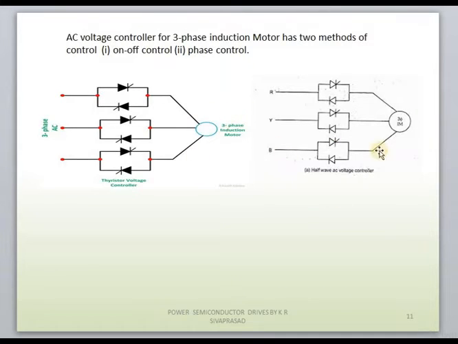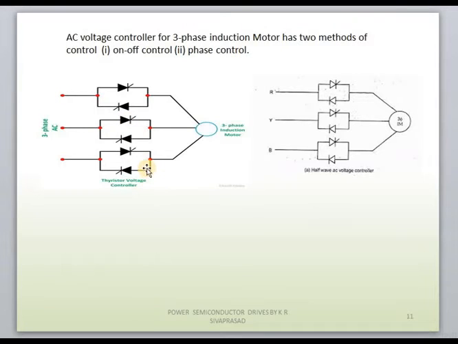And this is nothing but three phase. Previously we discussed single phase. These are the three phase. We can clearly observe the anti-parallel connection of SCR and diode in all the phases. That means it is a half wave AC voltage controller we are using to control the speed of the machine. And in the first diagram we can see all the thyristors are connected in anti-parallel.